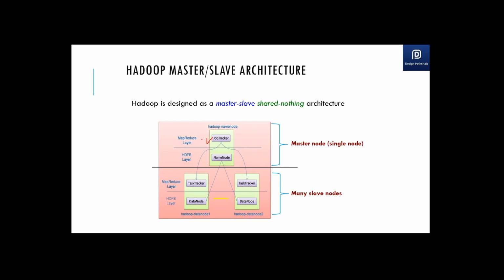How that happens, we'll look into in the next slides. But the job tracker is your main process which monitors all the processing requests coming to the cluster, and those are basically delegated to your task tracker, which really has your data. The task tracker really runs your mapper and reducer code to process your data.